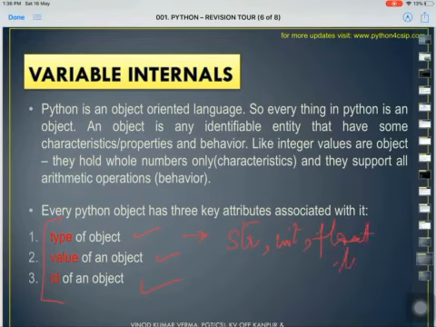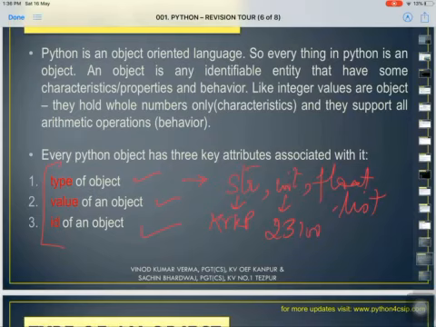Value means the actual value; if the type is str, the value may be kv, kp; integer may be 23, 100 or any integer. ID means the memory location.